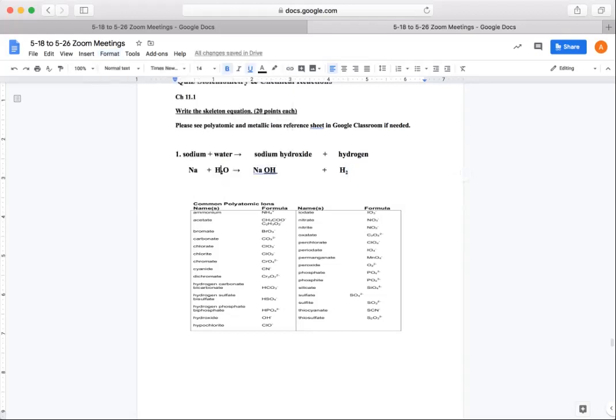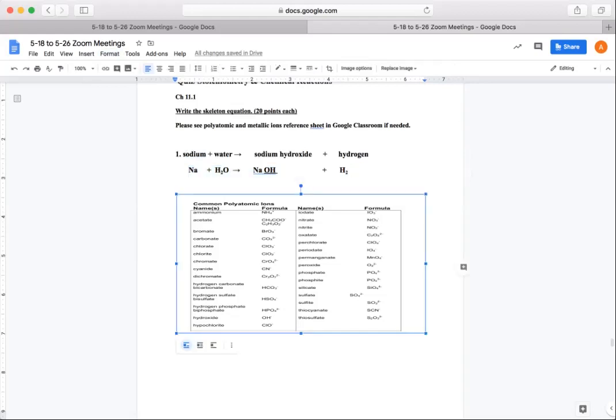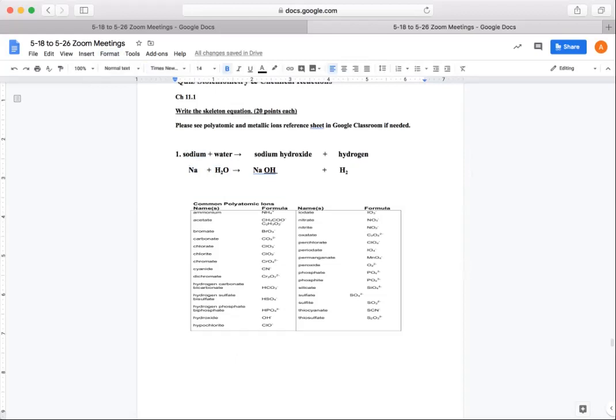So for this exercise, you simply need to translate from words to chemical symbols using both the periodic table and the common polyatomic ion reference sheet. You can balance this later using another set of exercises, but for now, all you have to do for this exercise is to simply go from words to chemical symbols using both the periodic table and the common polyatomic ion reference sheet. If you have any questions, please reach out to me